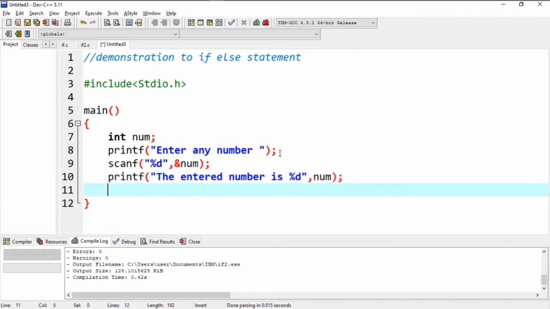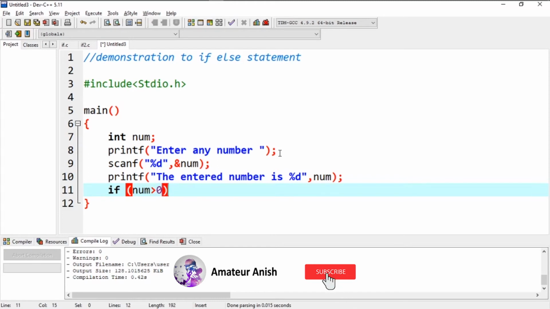Now I want this program to give a conclusion, that is, whether the entered number is positive or negative. So what will I do for that? I'll be using the if-else statement. I'll write if, and I'll give a condition: if num is greater than 0. If the number is greater than 0, this means the number is positive.